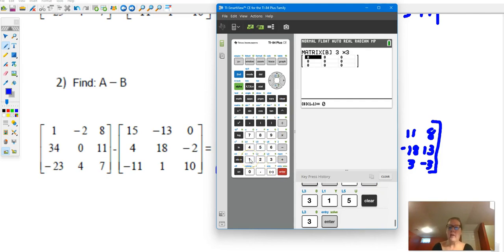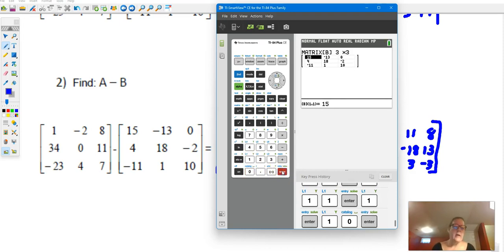Again, if you're not caught up, pause and get caught up. This is 15, negative 13. It just goes across the row. 0, 4, 18, negative 2, negative 11, 1, and 10. This is time consuming, but I do have some kids that are so bad at adding, subtracting